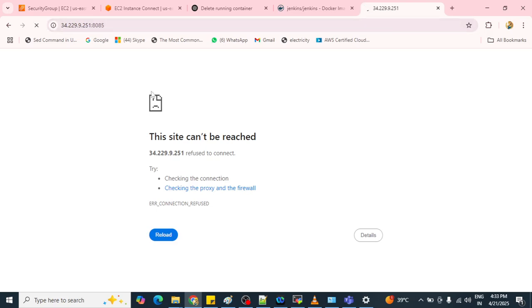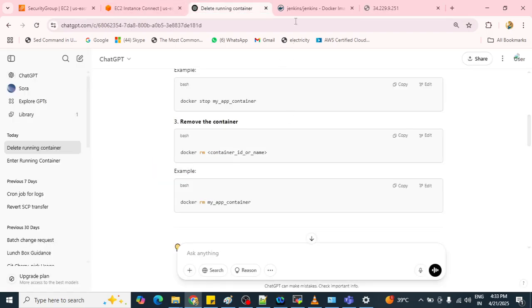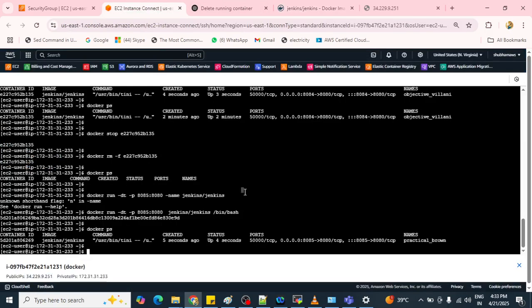Why it is running or not running, that needs to be troubleshot here. Now the question is why it is not running if we have allowed this port.